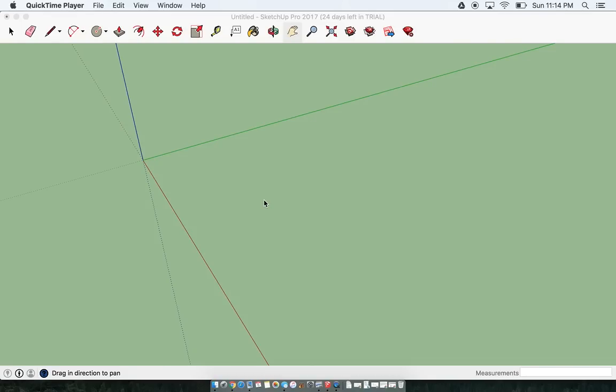This tutorial is to reiterate what you learned today regarding measurements in SketchUp. As you see, I already deleted Stan from the screen just so that I can clearly show you a few measurements I'm about to make. So I'm going to get the line tool, also the pencil tool, and I'm going to start by creating a